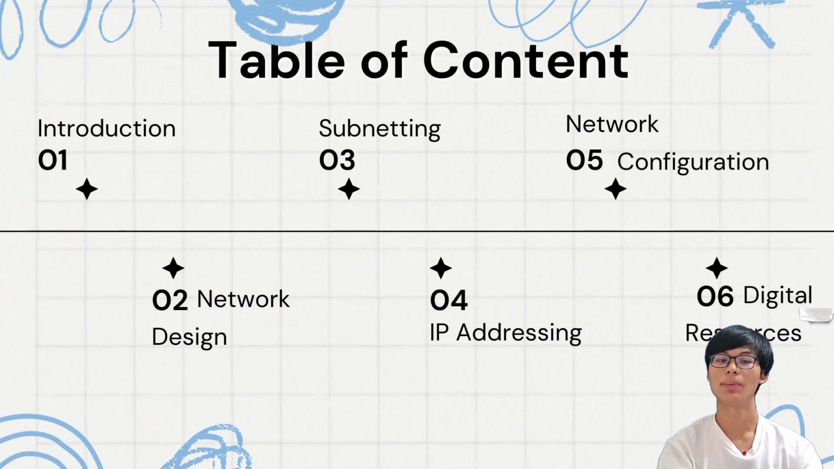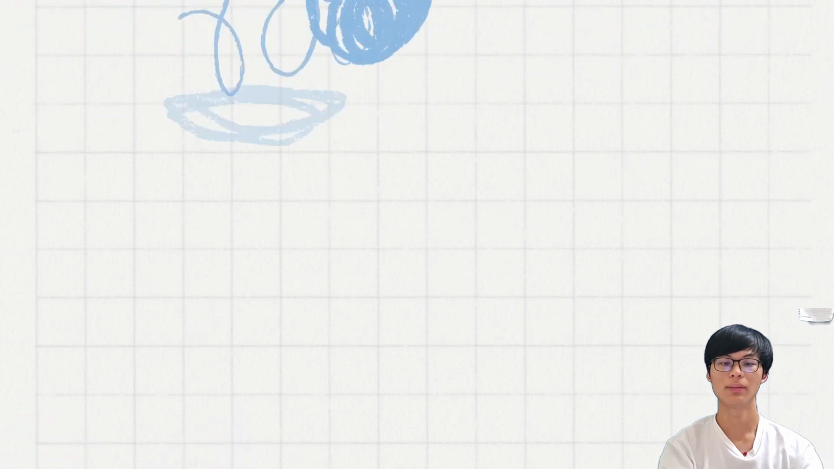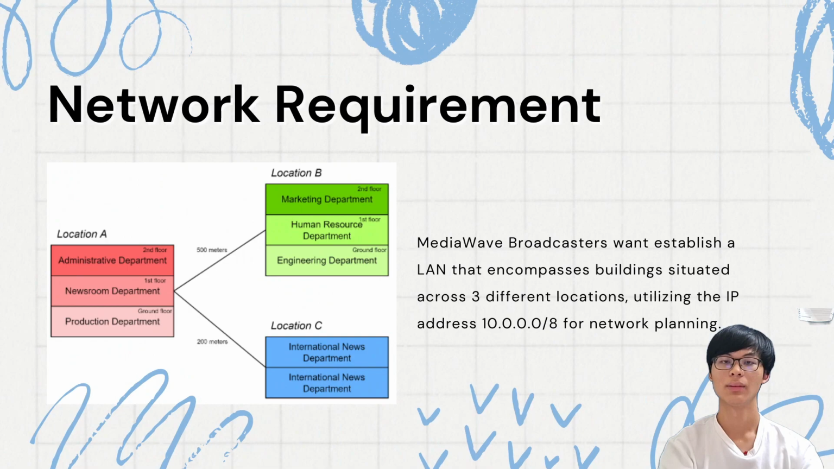These are the topics we'll be talking about today. First, we'll be talking about the network requirements. The media wave broadcasters wanted to establish a local area network that encompasses buildings situated across 3 different locations utilizing the IP address